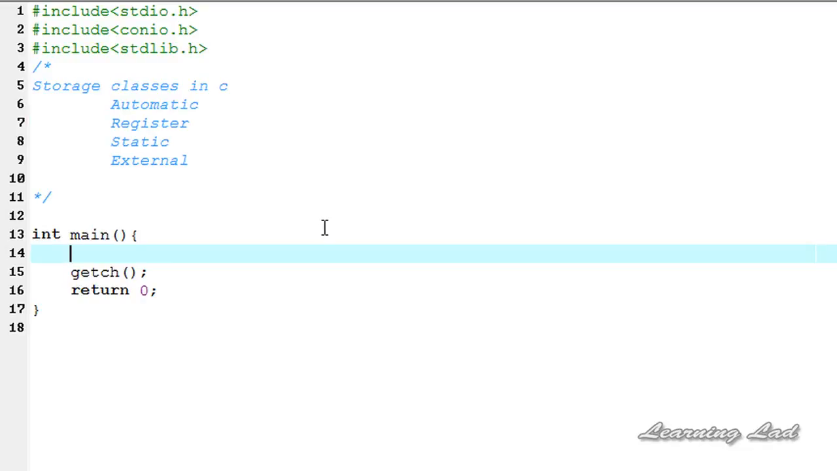The register storage class is used to store the variables which are very frequently used in your program. For example, while looping, you need to use some variables repeatedly. So at that time, you can store that variable in the register. It means CPU registers, so that the access time required to access that variable will be less and your program will be fast. Okay, now to use this register storage class, you need to use the keyword register